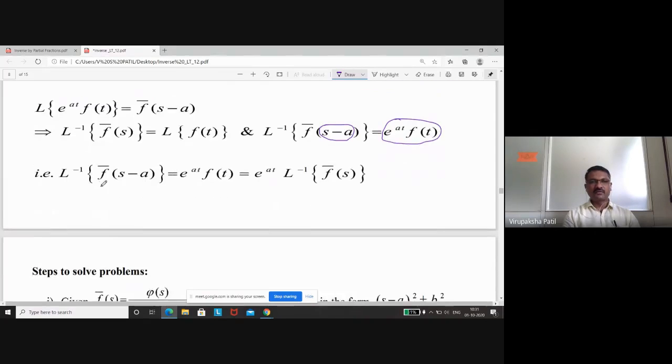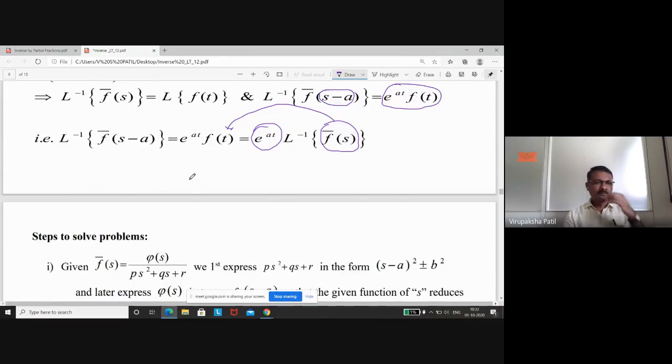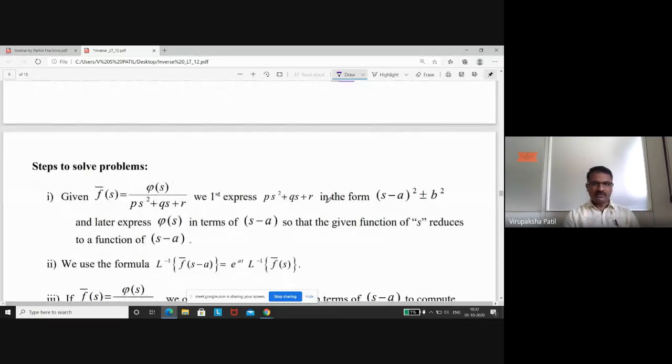Then after that we are going to use the shifting property, that is, e to the power at or minus at should be taken outside using the reverse shifting property, depending on whether it is in terms of s minus a or s plus a. And immediately after that, whatever terms you are left with become your f bar s. By calculating the inverse of that f bar s, you will get f of t, which gives you the inverse of the given function. Okay, now we have also discussed the methods.